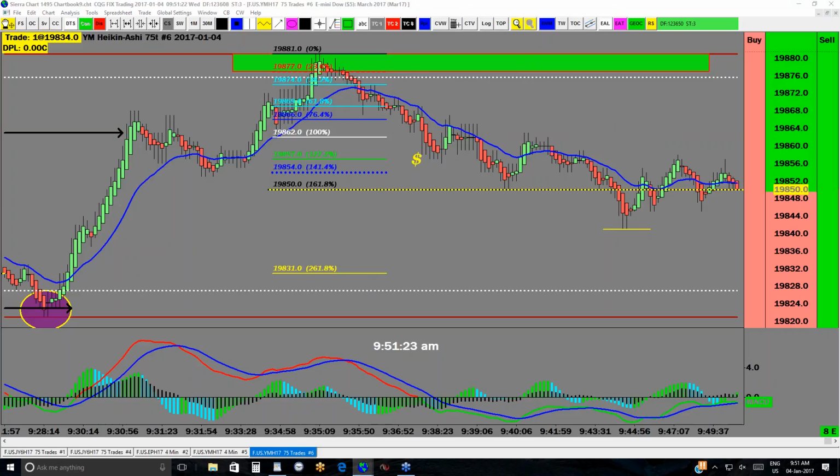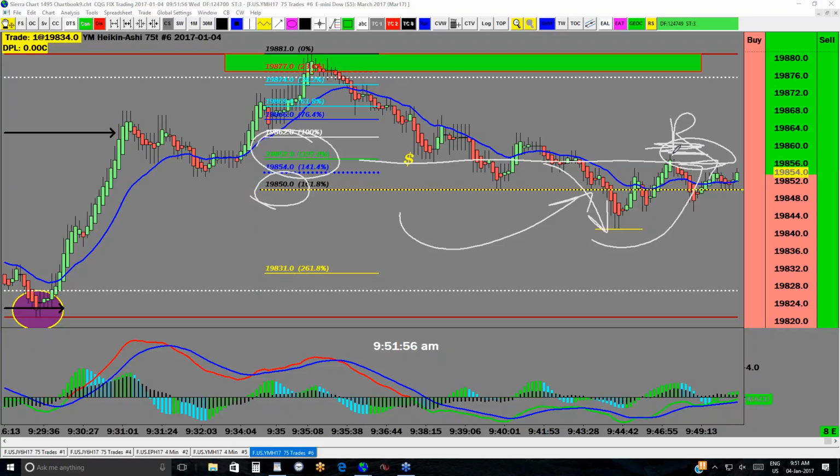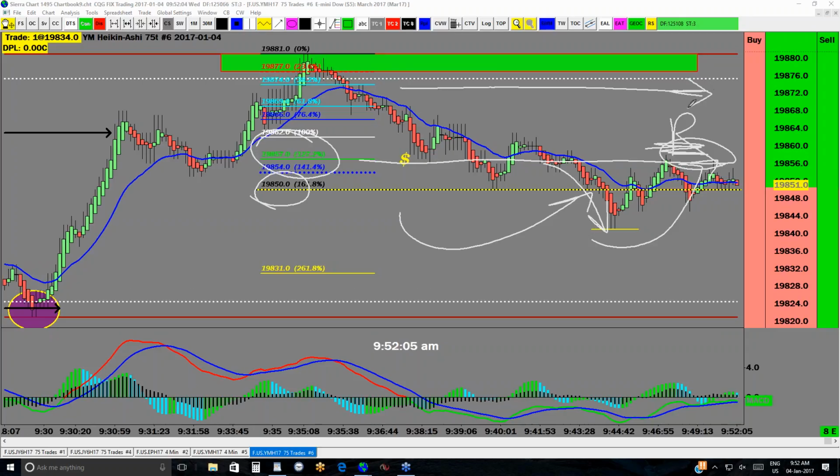Okay, so here's a little update on what we're looking at here, and we'll grab a pen. So at the 19,857 pullback right in here, this is resistance, and the market did pull down into our 850 right here, slightly beyond, putting in a lower low. So if we have this here lower high, resistance taking place here, we have an upper target here of somewhere right in here,